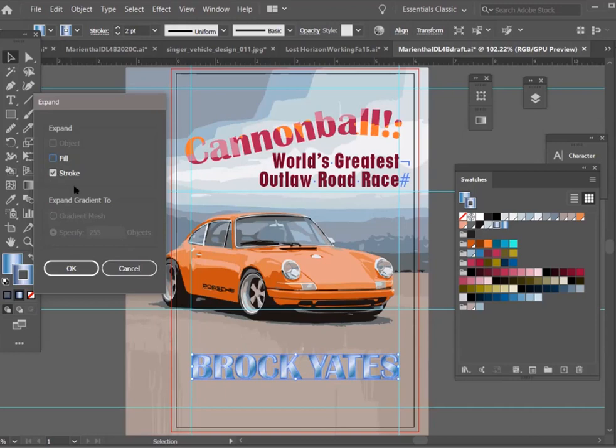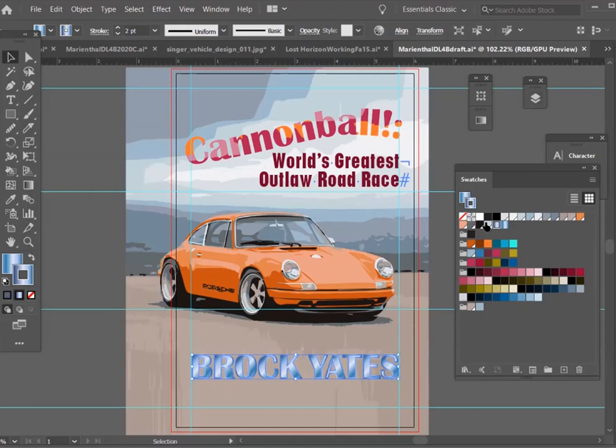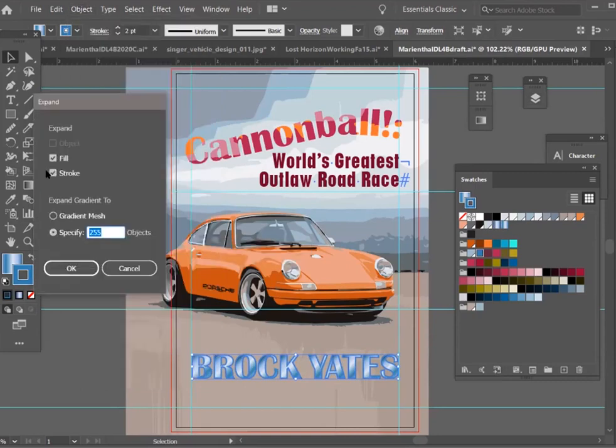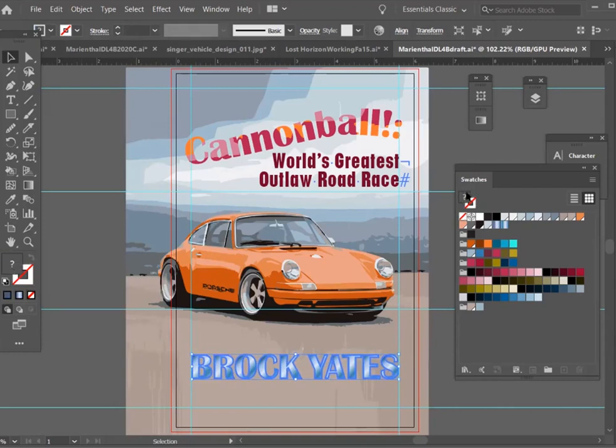So I just want to expand the stroke. Actually, before I do that, I'm going to revert to just a solid color object, expand the stroke only, fill that stroke with the darker gradient,